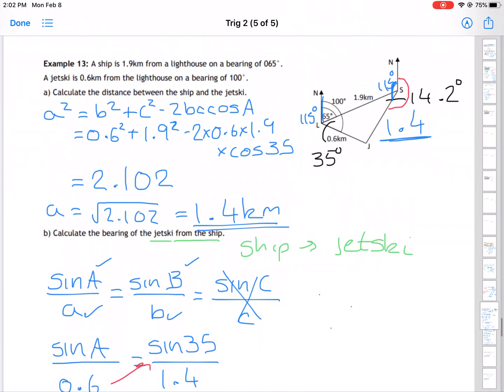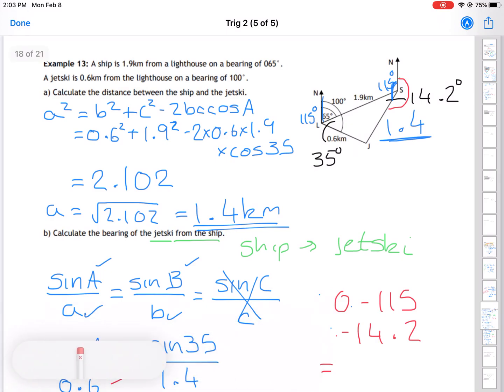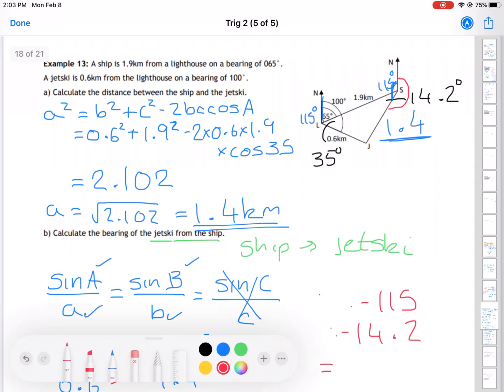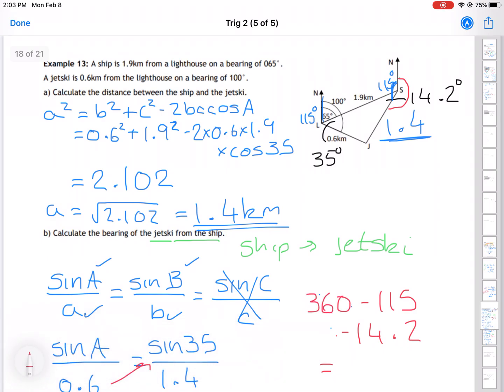Therefore, to finish off B, and again this is quite a complicated question, quite a lot to do, but it shows you the trickiest you'll ever see. So I've got to take both of those angles away from 360. It's not 180, it should be 360. And that will get me the bearing. So 360, take 115, take 14.2, and we'll end up with